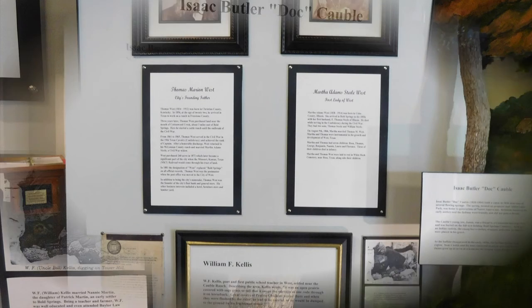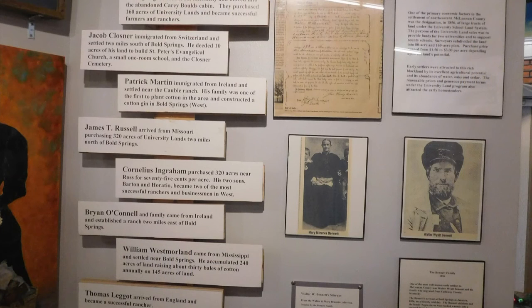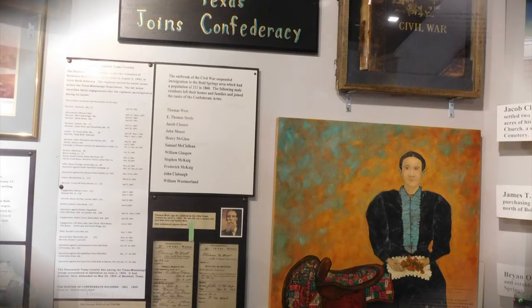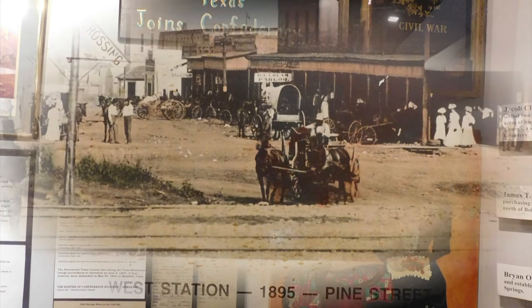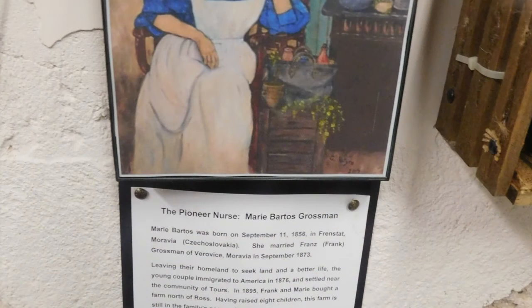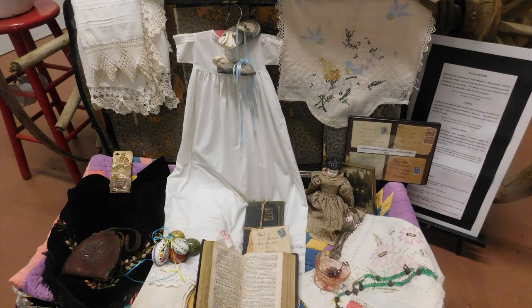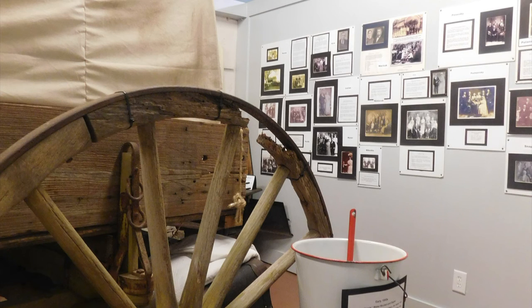A man named Thomas West owned some land, and he sold it to the railroad company. He moved here in 1859, so he had acquired all this land. He was a farmer, but he was also the first postmaster of Bold Springs. The railroad company built a train depot on the land that Mr. West sold to them, and then in turn turned around and sold it to people who wanted to start businesses in town. So the depot included a post office, and it came to be called West Post Office. And then Mr. West ran the post office and operated a general store. And later, after being successful in business...